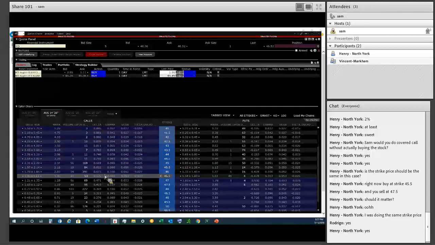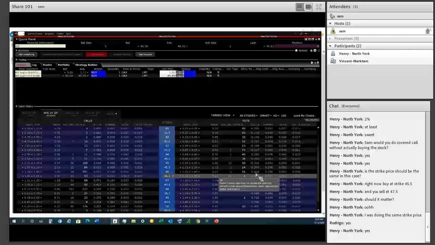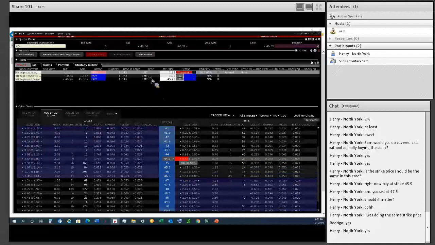The other thing we could do with this Coca-Cola is, instead of doing a covered call or a spread trade, we could do something else. If we think it's going up, we could sell the put. So we're selling the put closest to 40. You can use closest to 40 again. That's fine. So we sell this one.